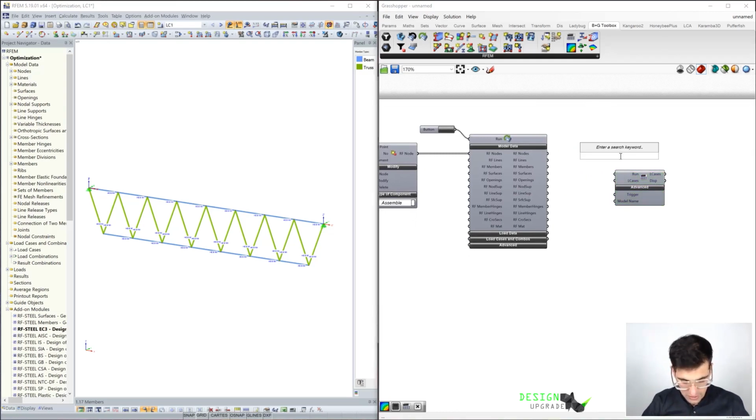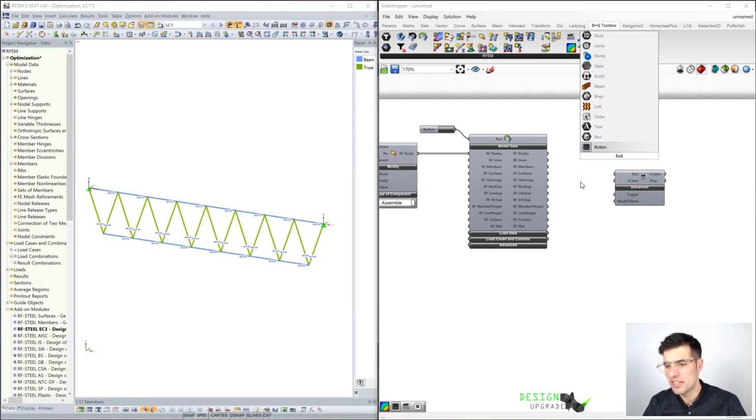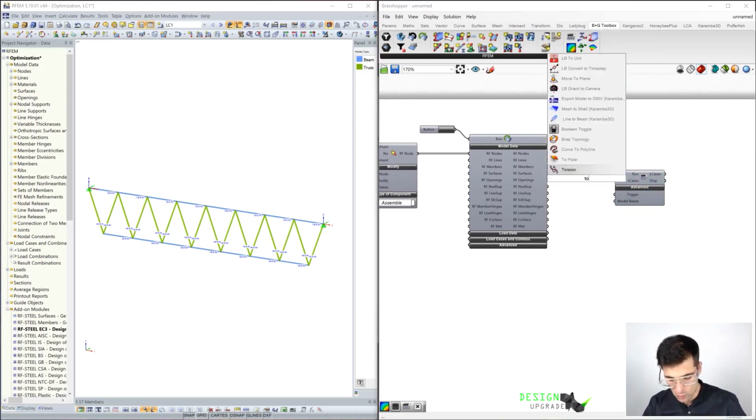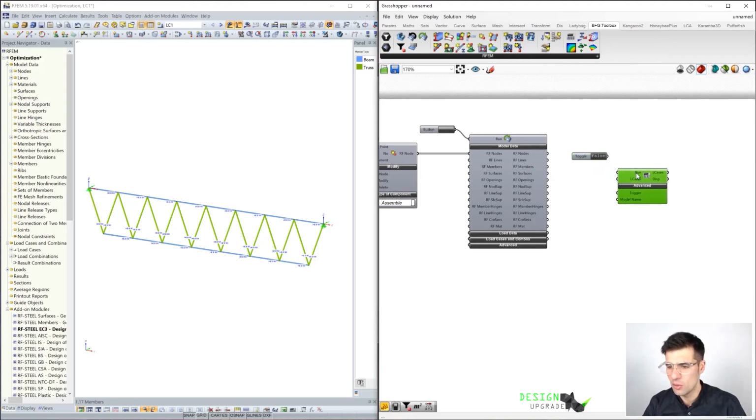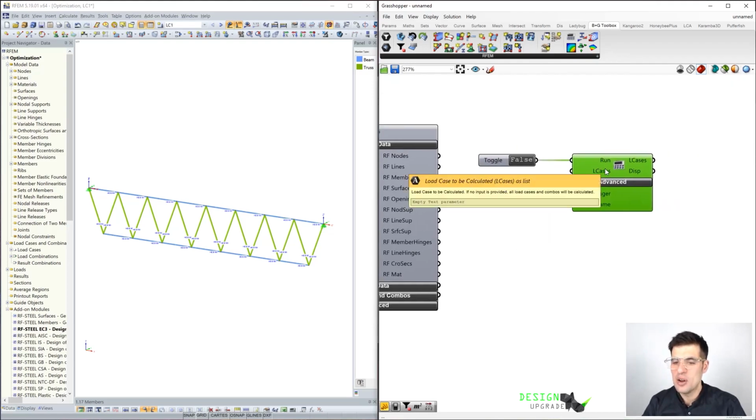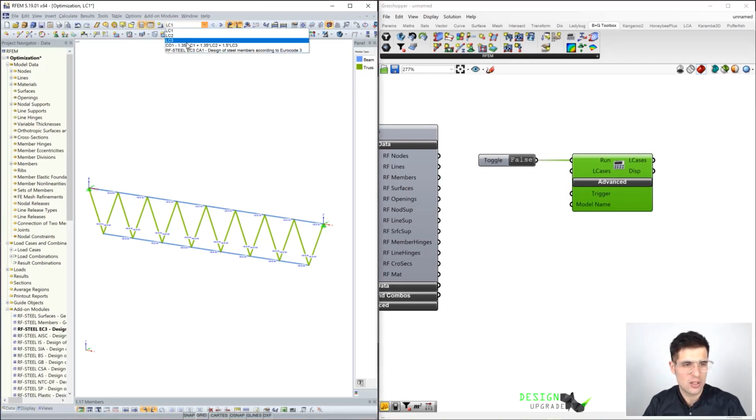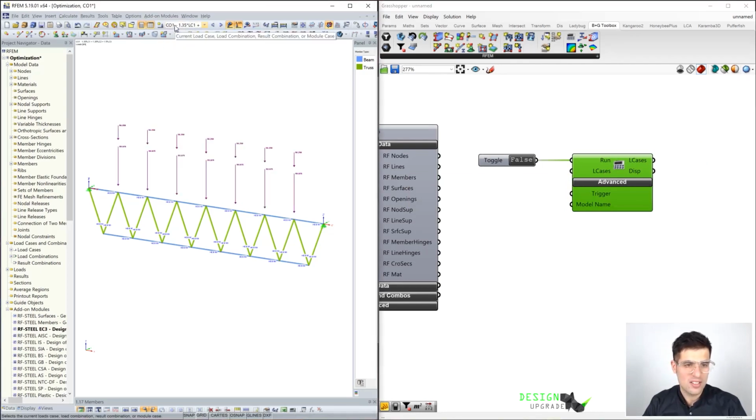What we need to do, that's right, is to specify a button or even a toggle to run. So a toggle would be interesting when we are going to do this process again and again and again, as we are going to see in just 1 second. And now we have to specify the load case as we did for the get results component. So in this case, we are going to get the results of the load combination number 1, which is like ultimate limit state. So let's specify load combo number 1,